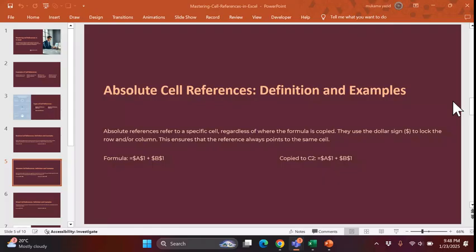So we don't need to copy cells, but fix one cell, multiplying it with all our answers, instead of taking the content within the next cell. So there we use another type of cell reference. It's called absolute reference. The definition is that absolute reference refers